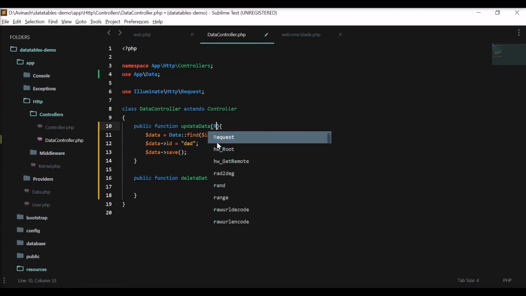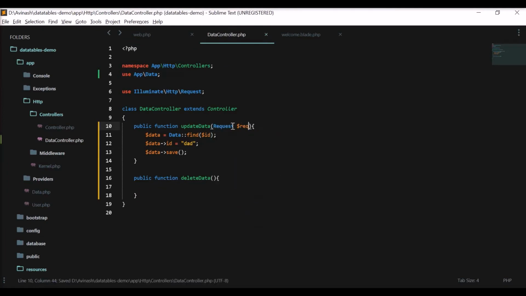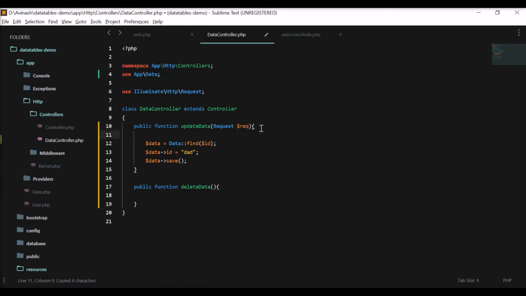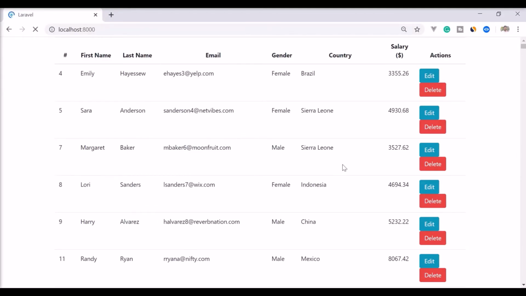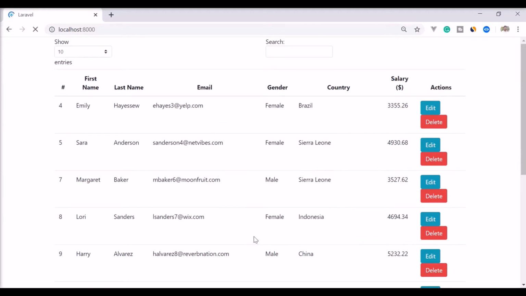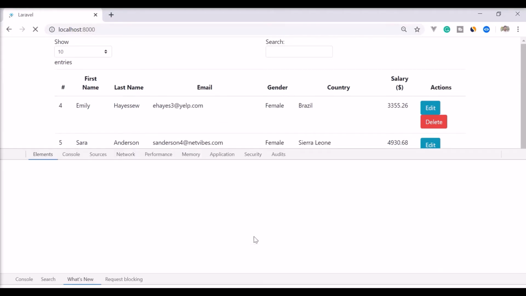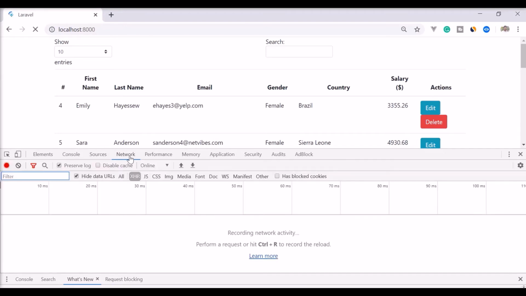So first let us check that we have passed the data to the controller. We'll get all this in a request. So we'll get all the data here in this request variable. So for now I'll also print this just to check it. I'll just print this and see what it is printing. So let me go to the browser, refresh it. Actually we can see the data which we have printed with DD in the network tab of the browser, because we are not returning any page, we are just using DD there. And we click on this edit button,